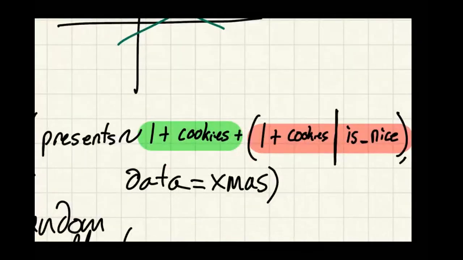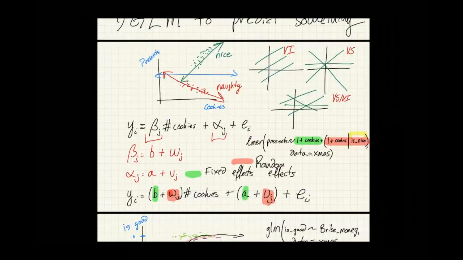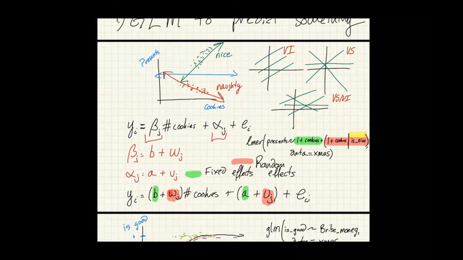Patrick asks, is the grouping factor in green? The grouping factor is this term here. Great question. We're allowing the slopes to vary depending on whether or not you are naughty or nice. So one group is the nice, and the other group is the naughty. So our grouping factor comes after the pipe. Does that make sense? The grouping factor comes second in that.